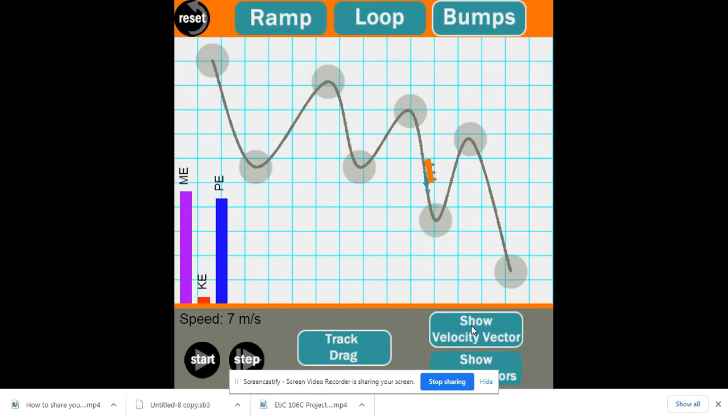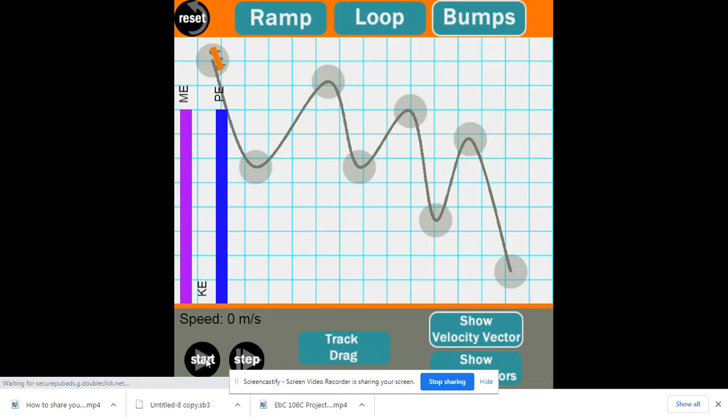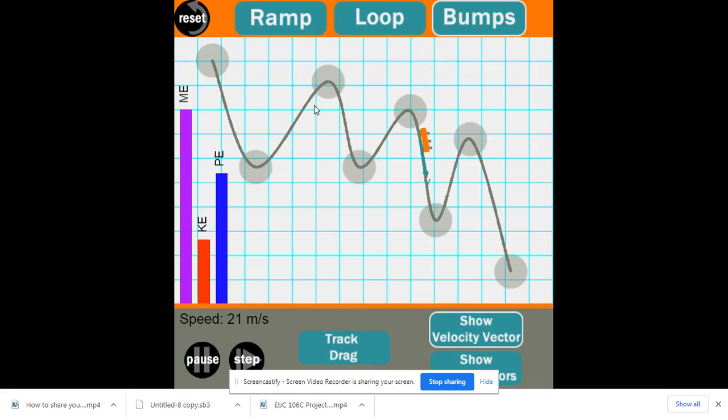Another thing we can do is we can add velocity vectors. I'll reset this and turn off track drag. That blue vector gets longer and shorter, and it shows the velocity of the cart at any given second. That's why it keeps whipping around. I'm going to turn that off. I'm going to hit